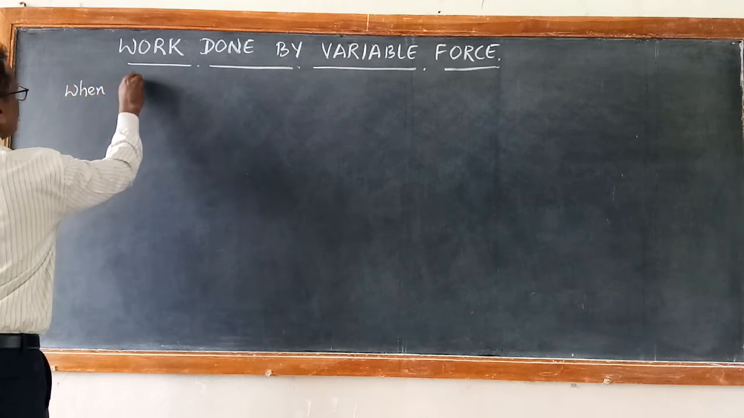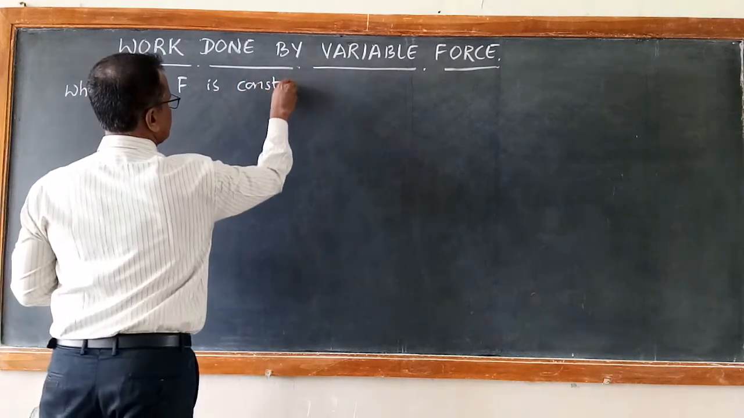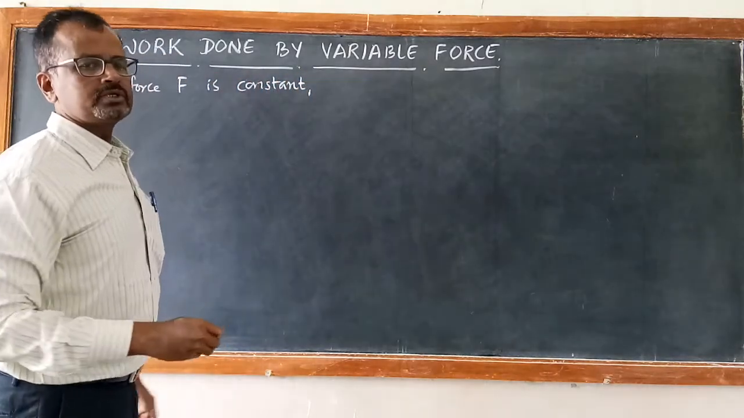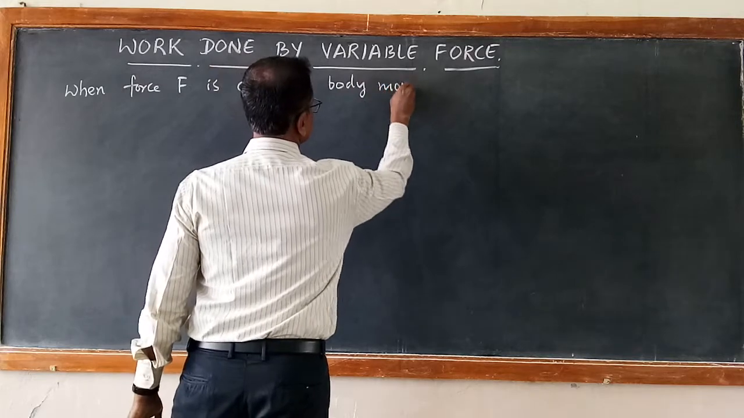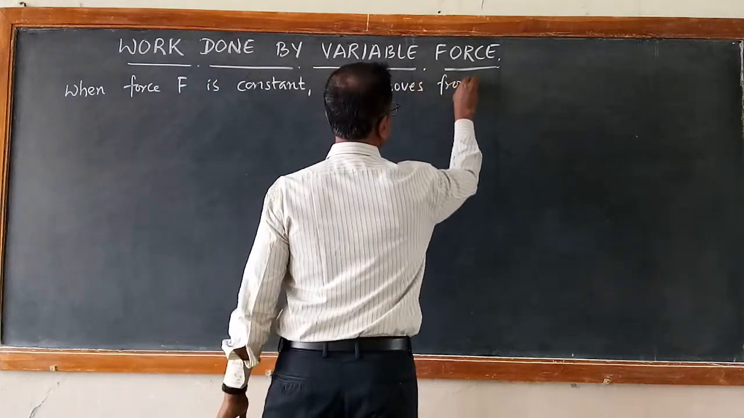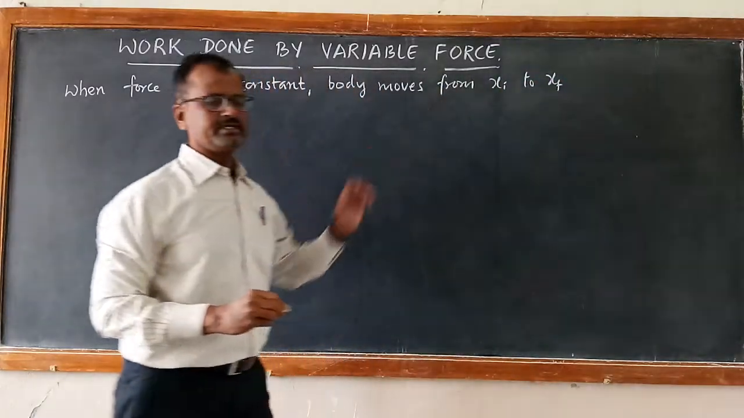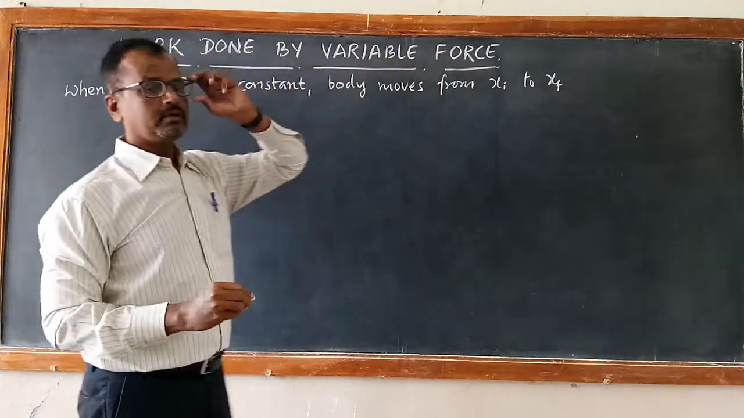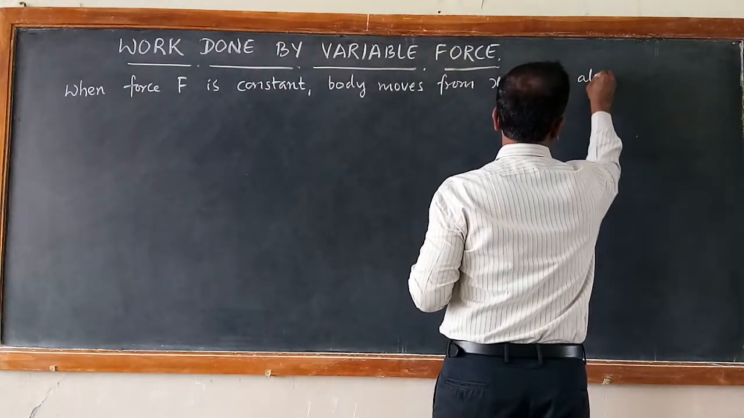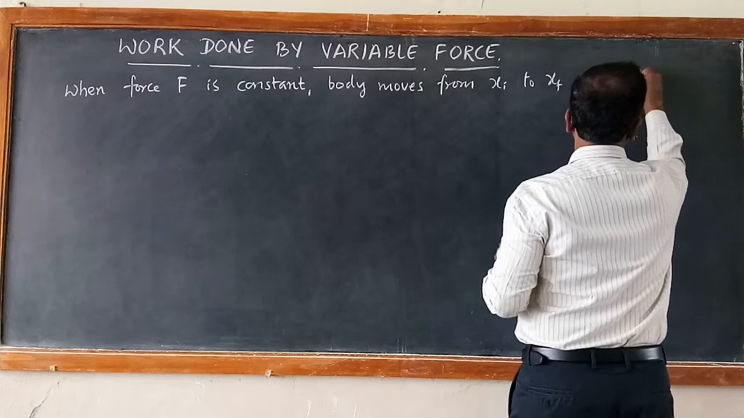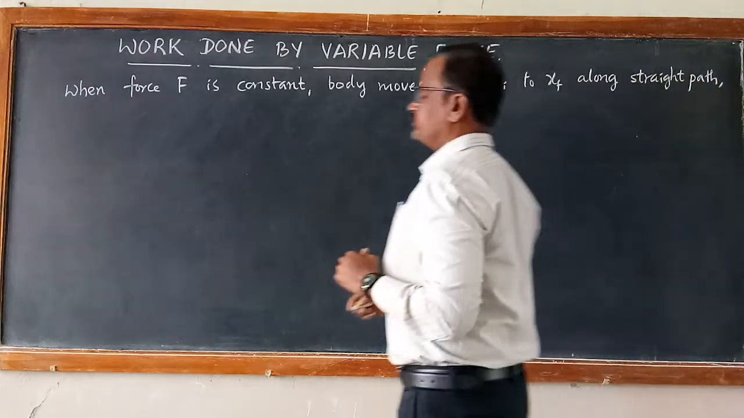When force F is constant and the body moves in the direction of force, the body moves from xi to xf. xi is the initial position, xf is the final position. Along a straight line, the body moves from xi to xf along a straight path. Then if you draw the graph,